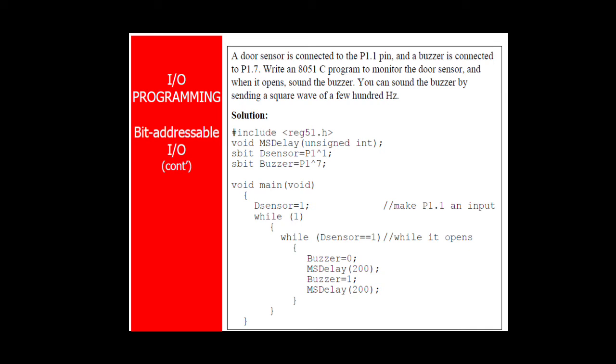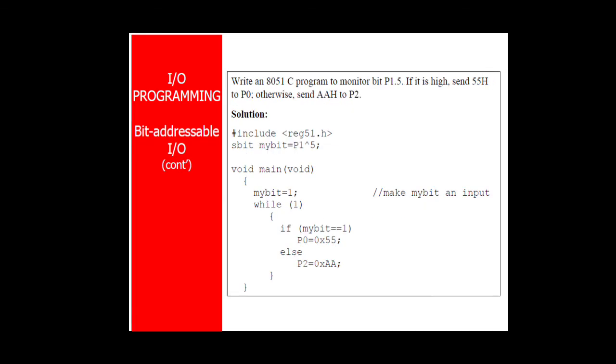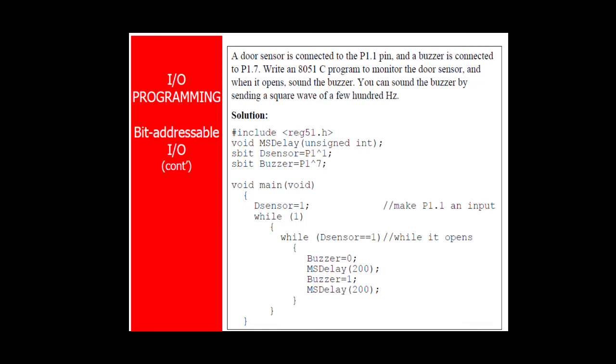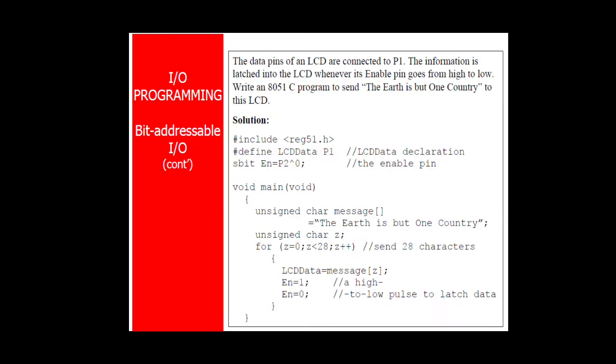Initialize the door sensor variable with 1, that is, make P1.1 as the input, and based on the value of that, here you have to take buzzer equal to 0, insert delay, then make buzzer equal to 1, and again insert a delay. The delay function is same as in the previous examples. We go through this example,